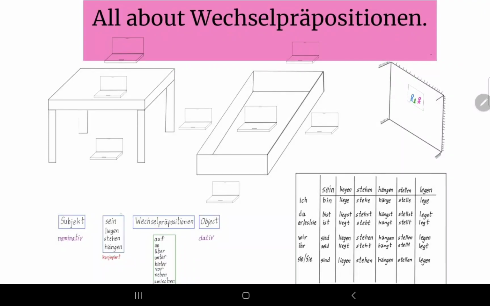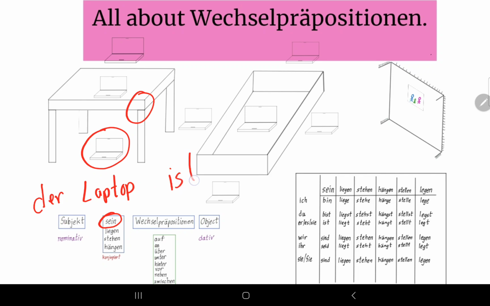Let us go with sein, okay? If you want to use sein to describe the position of the laptop with respect to the table, you will say: der Laptop ist, then beneath, so it is unter, then table is Tisch. Now if you don't use any article, you can just say Laptop ist unter Tisch, okay,